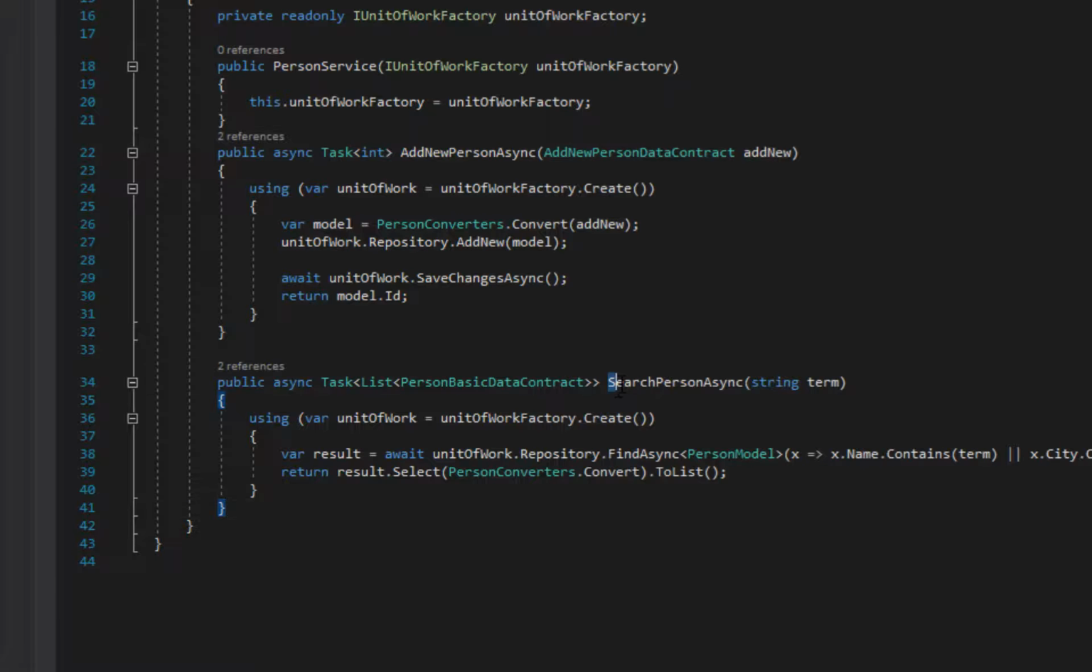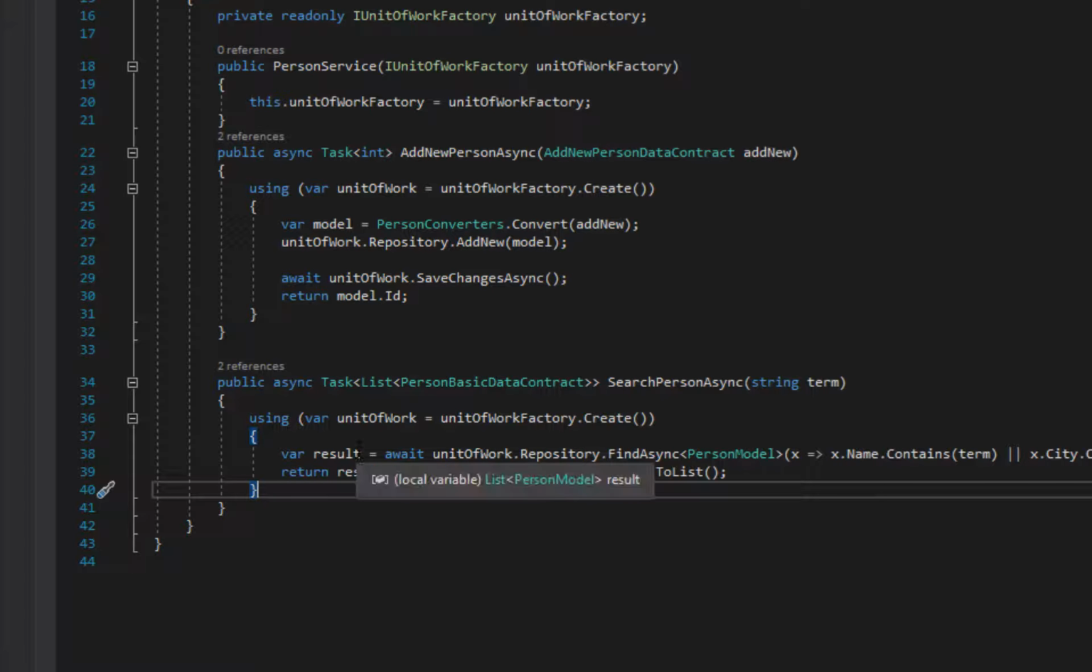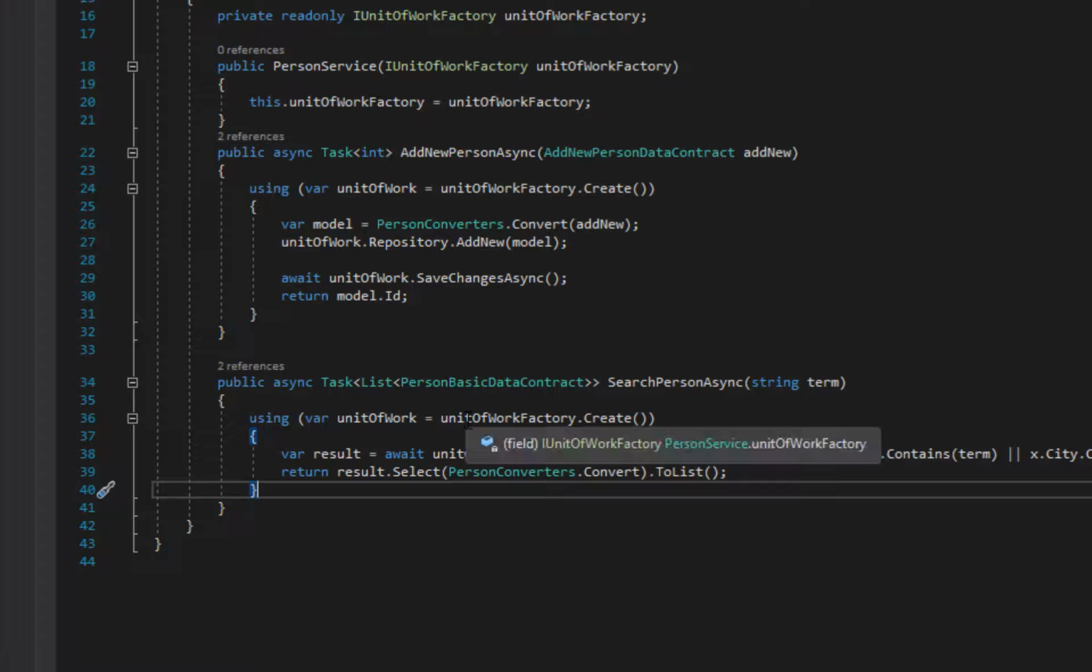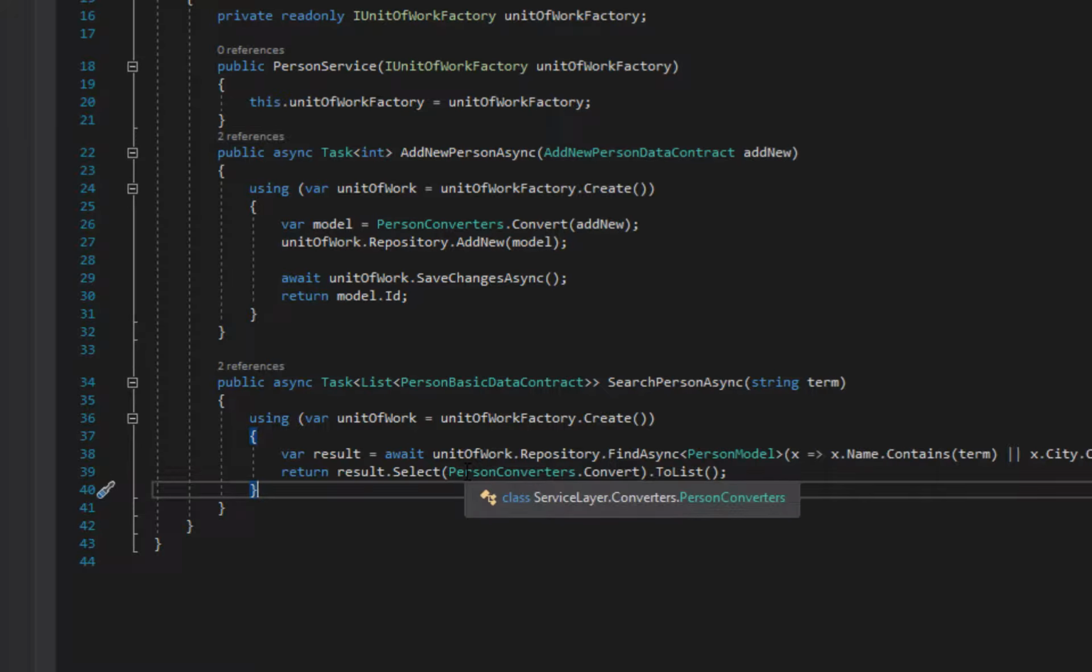Searching persons, our method will create a unit of work and dispose it right after we're done with it. So for me, this is the rule of thumb when I work with a database context. I create one right before I want to work or read data from the database, and I dispose it right after I'm done with it. On our controller, I have injected